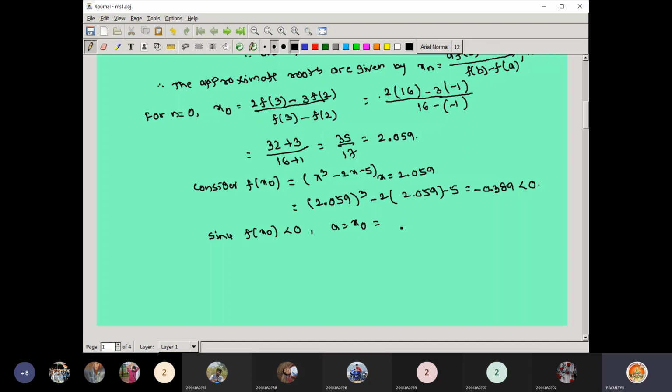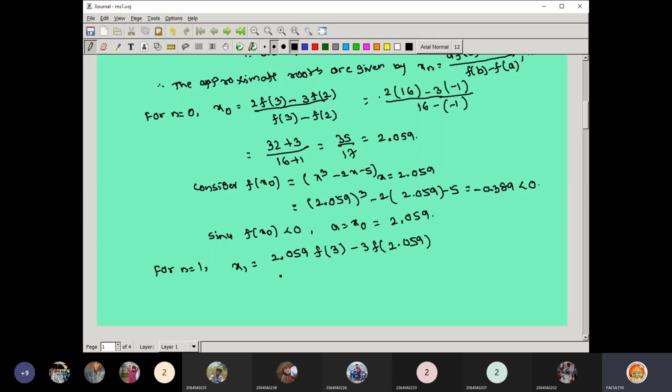Negative వస్తే a change అవుతుంది, positive b. So a equal to x naught means that x naught value 2.059. So once you get this condition, now you are getting the next approximate root, n equal to 1. So that you are writing x1 equal to, I am using the same formula, a into f of b value, there is no change in the b value 3, minus b into f of a value